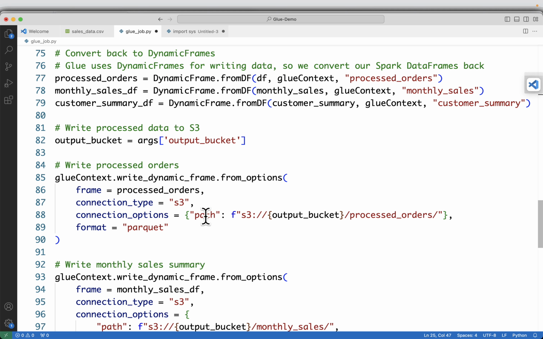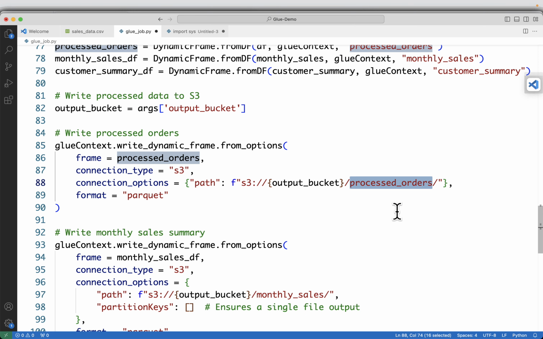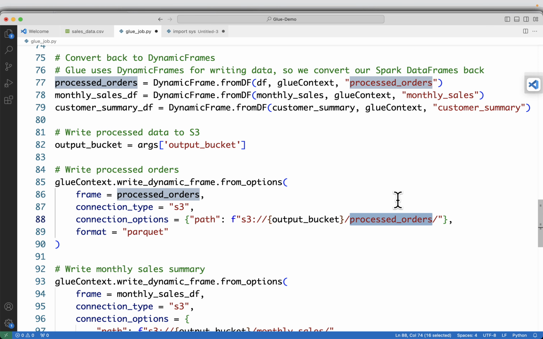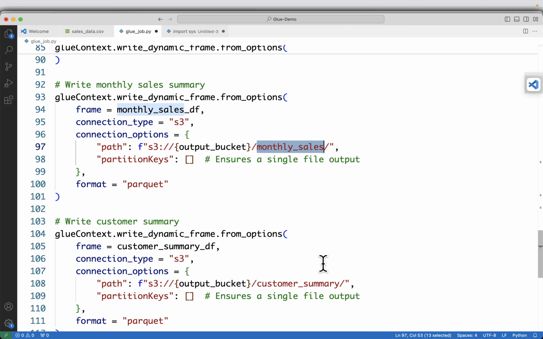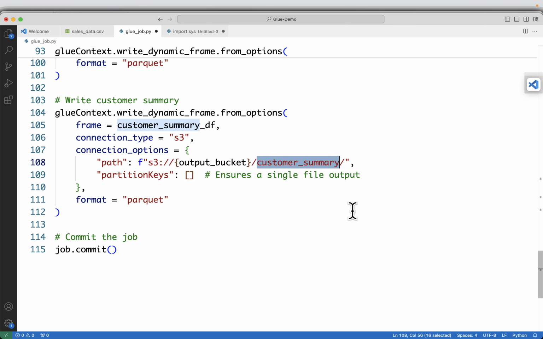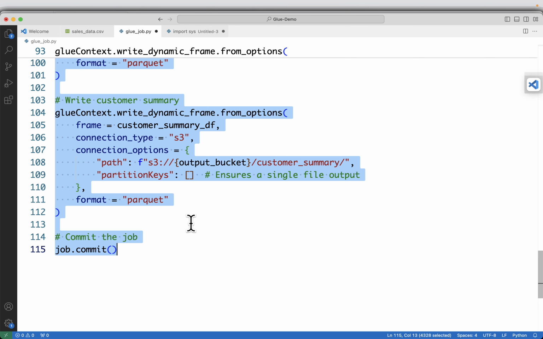And then we are writing the processed orders to this particular folder. The output bucket is the same, but there is one folder called processed orders, and one folder called monthly sales and customer summary. So processed orders, monthly sales, and customer summary. And finally we'll commit the job to Glue. So I'll copy the whole code